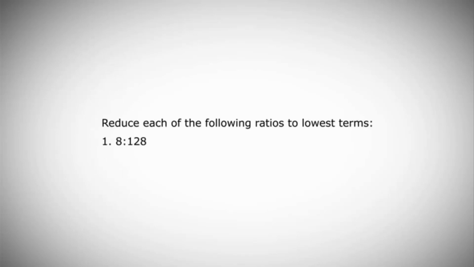Number 1 asks us to reduce the ratio of 8 to 128 into its lowest terms. Now, remember, ratios could be expressed in a variety of different ways. This is one way, 8 colon 128. Another way is as a fraction, 8 over 128. When you see it in fraction format, reducing it is a skill that we learned when we did our fraction exercises. You just have to divide the top and the bottom by the same factor until we have the lowest